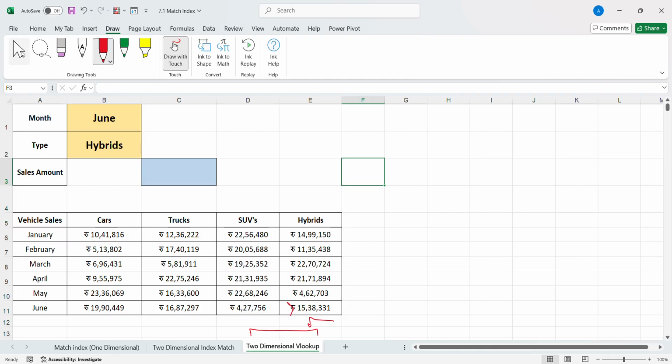So let us look at the syntax first of all. The syntax of VLOOKUP is equals to VLOOKUP. It looks for the value from the leftmost column. So this is the leftmost column where the month is being given, and then it returns a value in the same row wherever this month is lying. Like June month is lying in the 6th position, January at the first row, Feb 2, 3, 4, 5, 6,